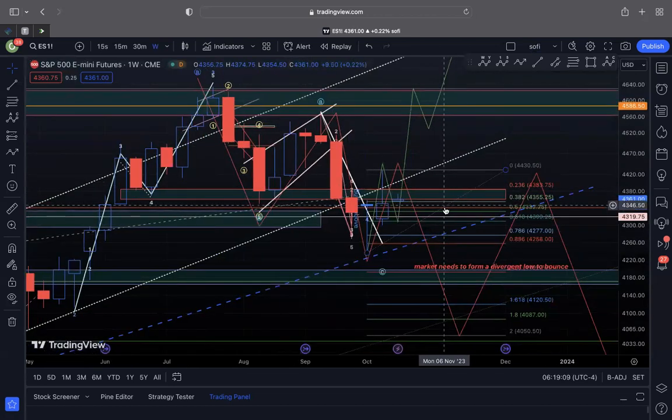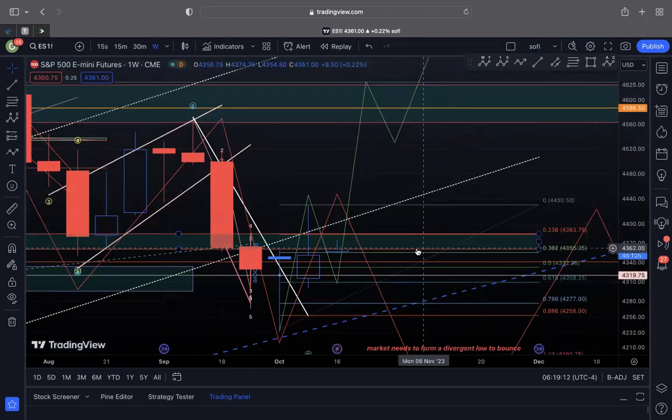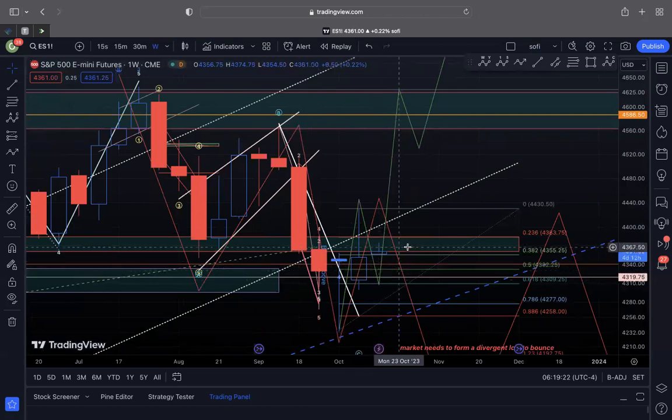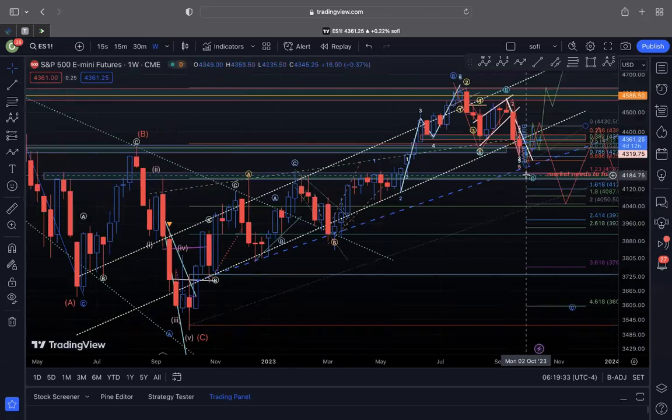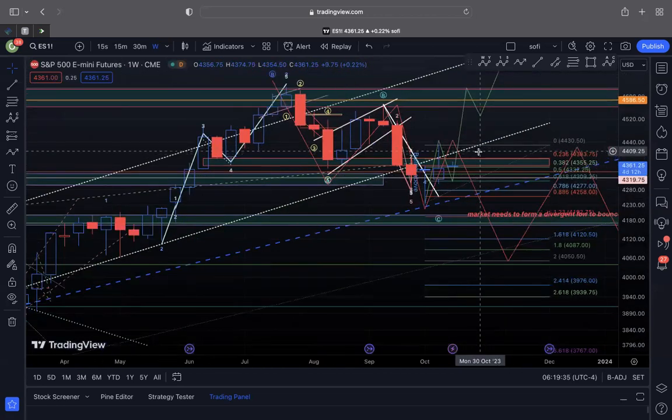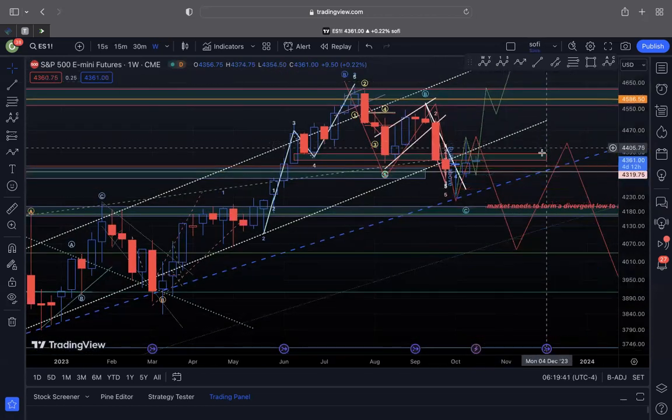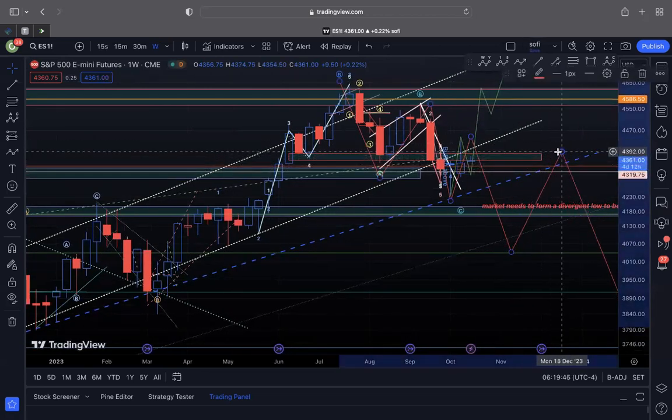Also something else to keep in mind is that last week we broke out of the previous range, but we came back to the downside. So that would be a very important level to watch. If you are bullish, you should expect any downside to get over 4,390, 4,400. 4,400 is a must to get it back over, especially the second channel they have drawn here. So break over 4,400, you could have yourself a rally. Otherwise, this red line is still the primary bear case scenario in the market that I see.